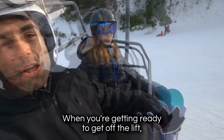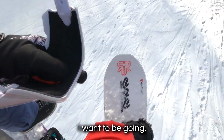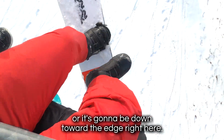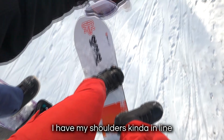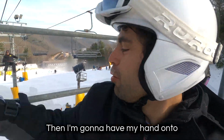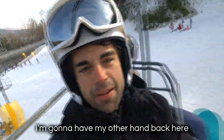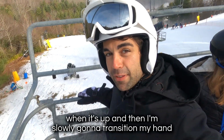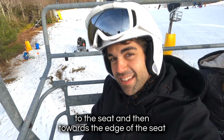When you're getting ready to get off the lift, I'm going to turn my hips into the direction I want to be going. My left foot is off. My right foot is sometimes just chilling up here, or it's going to be down towards the edge right here. I have my shoulders in line with where I'm going to be going. Then I'm going to have my hand on the back of the railing here. After I lift this post up, I'm going to have my other hand back here when it's up, and then I'm slowly going to transition my hand to the seat and then towards the edge of the seat,